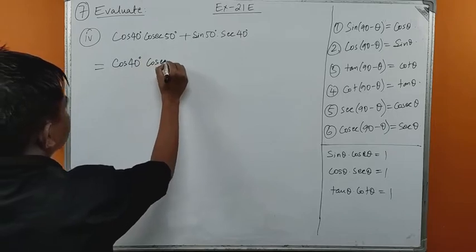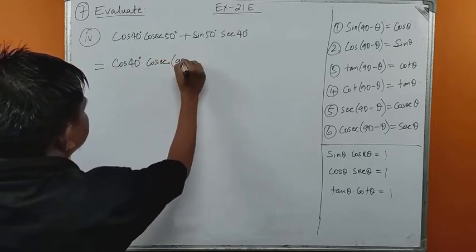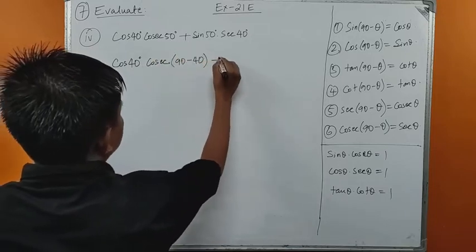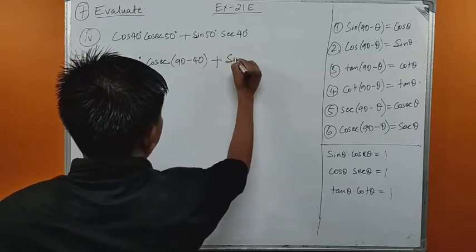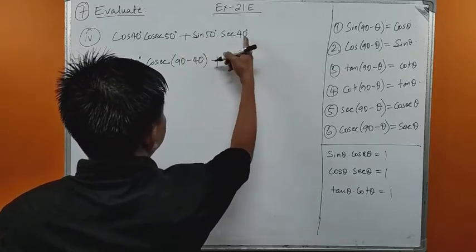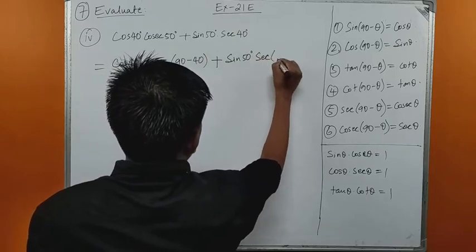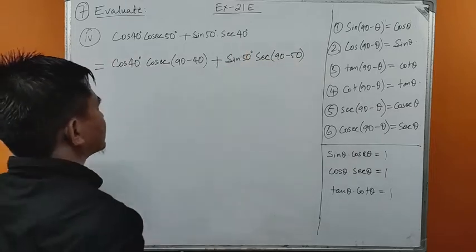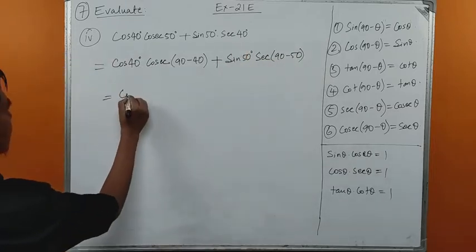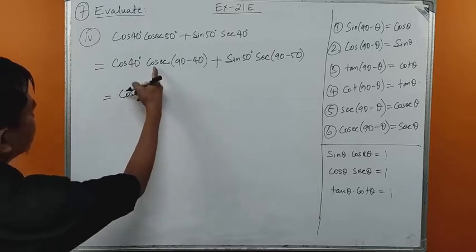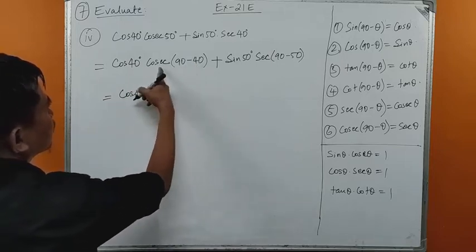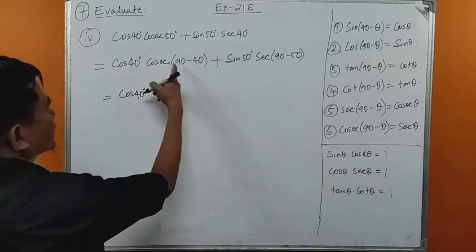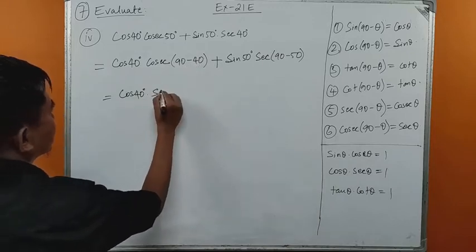So cosec, instead of 50 I can write 90 minus 40. 90 minus 40 gives us 50, plus sin 50 I copy as it is, sin 50 degree. Instead of sec 40 I can write sec 90 minus 50, because if I subtract 50 from 90 I get 40, isn't it? So this is cos 40 degree into cosec 90 minus theta. Cosec 90 minus theta is sec theta. So theta is 40, that is sec 40,